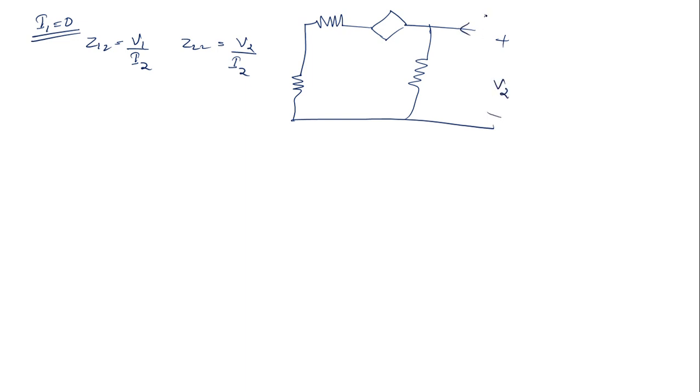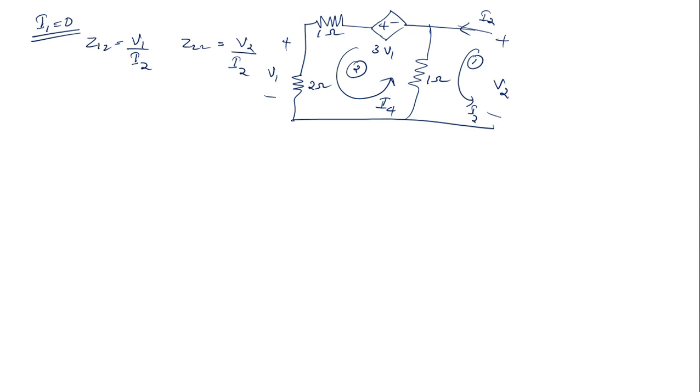Here you have V2, this is I2, and I1 is equal to 0 over here. Here you have V1, this is your 2 ohm, 1 ohm, 3V1 and this is your 1 ohm. And here you can see you already have the current I2. Here you can assume a loop current of I4, and you can write down the loop equations. You can take this as your first loop and this as your second loop. You can solve for both of the loops similarly to the previous case. It is very simple. If you have understood the previous case, you can do it.